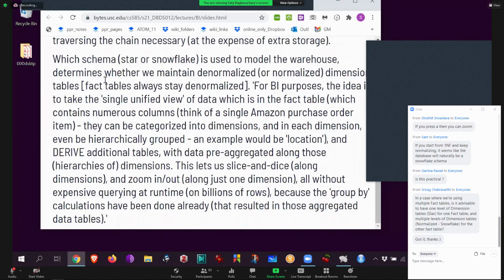All right. Okay, so BI, all this. And again, this is ultimately what you're doing. A single Amazon purchase order can have so many dimensions, up to 100 dimensions, and then they can be groups. It's called hierarchical clustering if you know about data mining. You can mine data, but then you can cluster clusters. We'll get to all that in upcoming weeks, I promise. Everything I told you is all here, so take your time to read it.